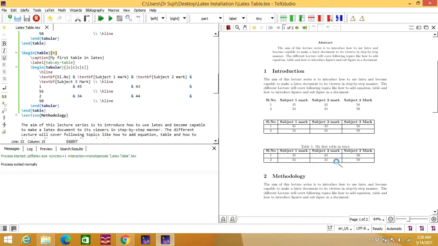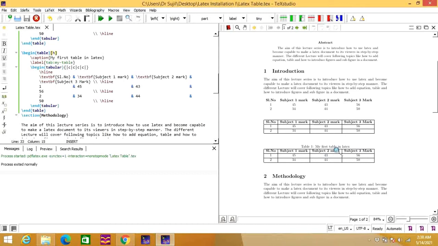Now in some IEEE papers you may see that the border is needed only after the first row, and here you may need a border of two lines. Then how can we do that?